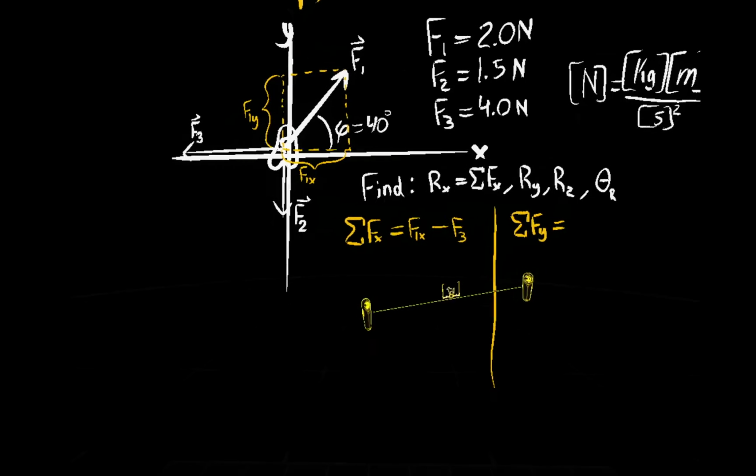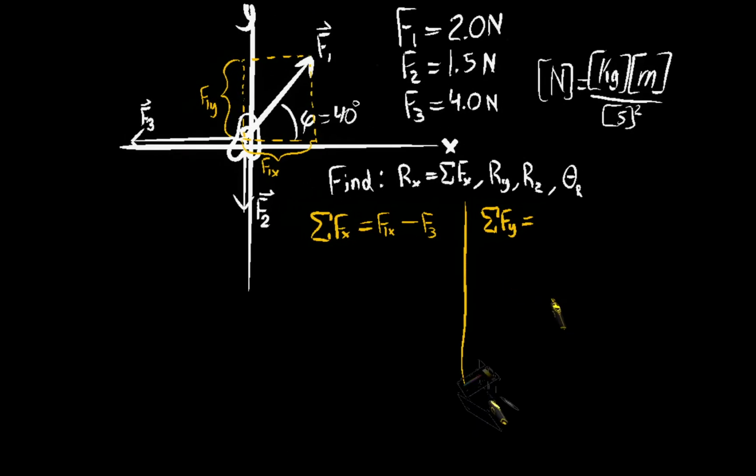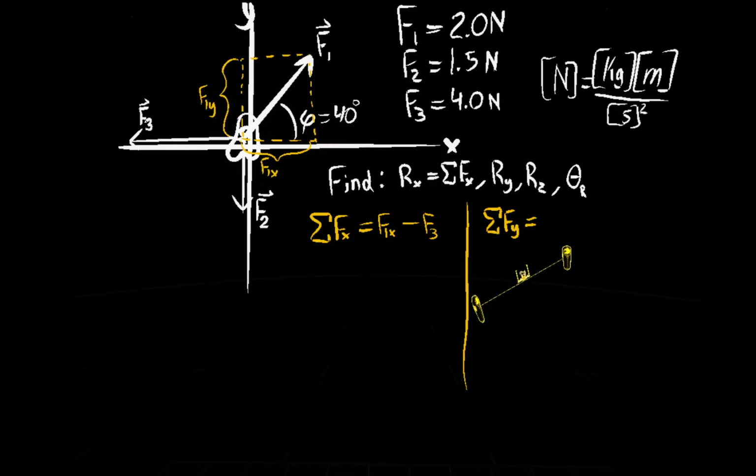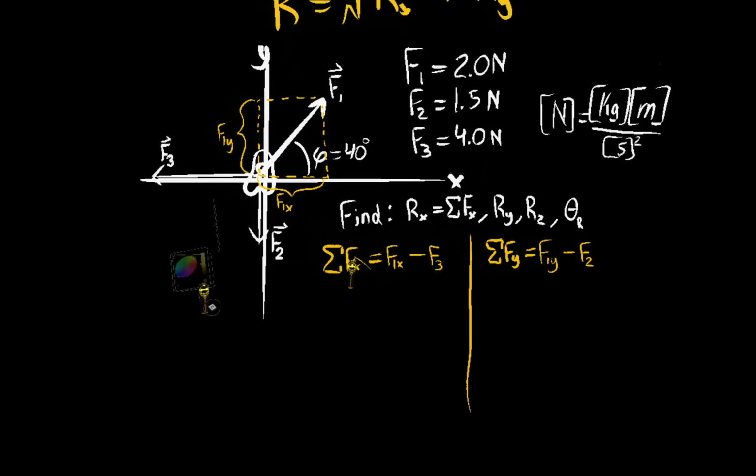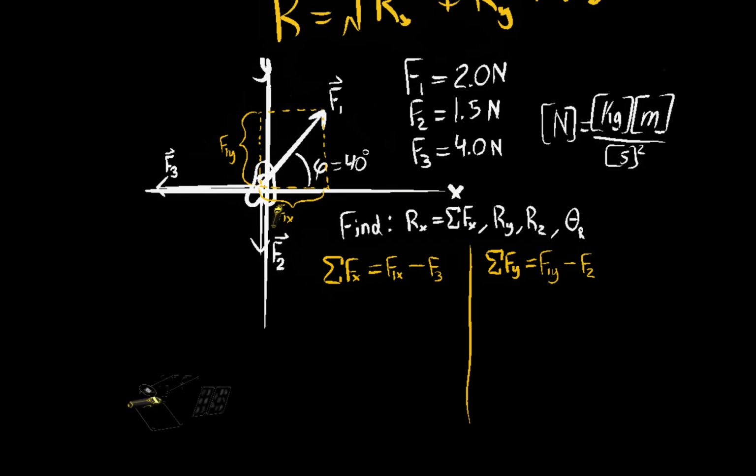Alright, and then in the y, what do we have? In the y, similar story. We have one that's directly in the negative y direction. That would be F2. But we also have a component of F1 that is in the positive y direction. So we have F1y minus F2. Yeah? And so now we can quantify these things. So F1x, if this is our angle, is equal to